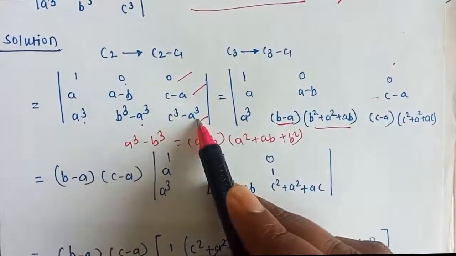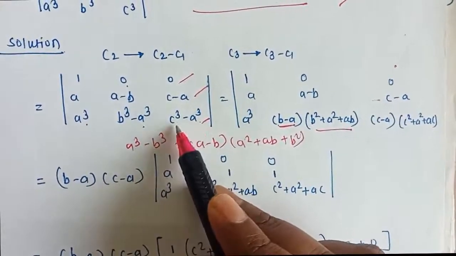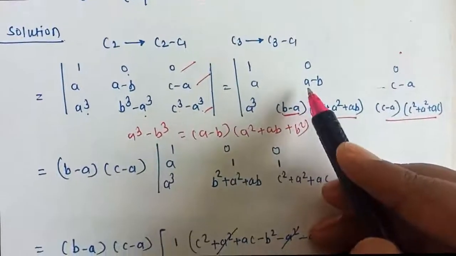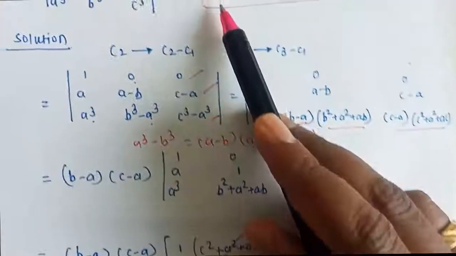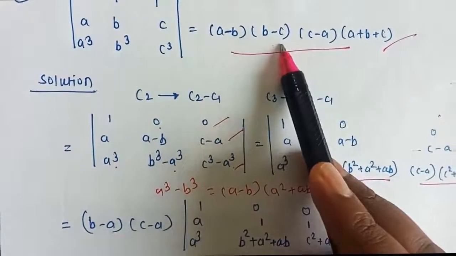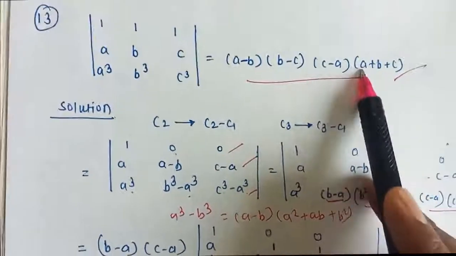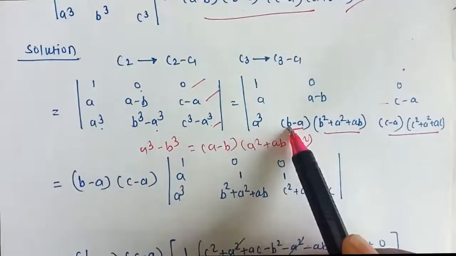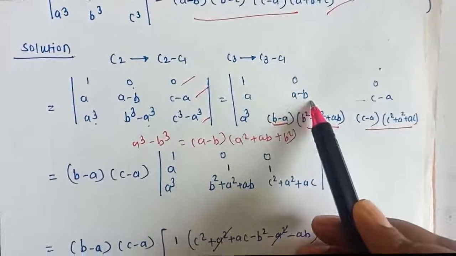Next is c cube minus a cube, so c minus a into c square plus a square plus ac. I will write it as it is. If you look at the question they have given, that is a minus b, minus c minus a, and a plus b plus c, and if you look at the determinant we got here, from c2 I can take a minus b as a common,